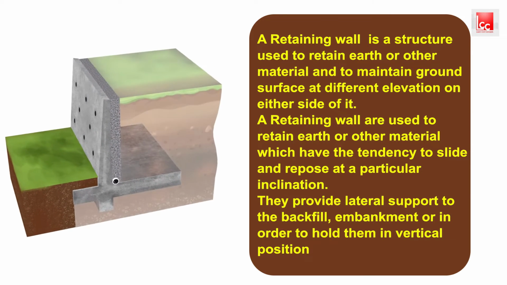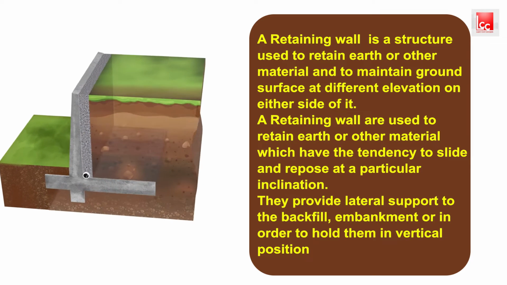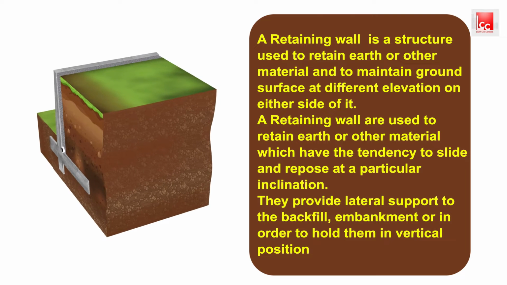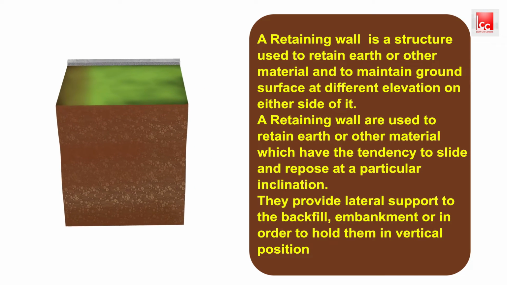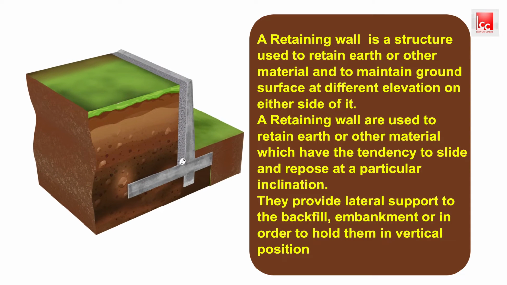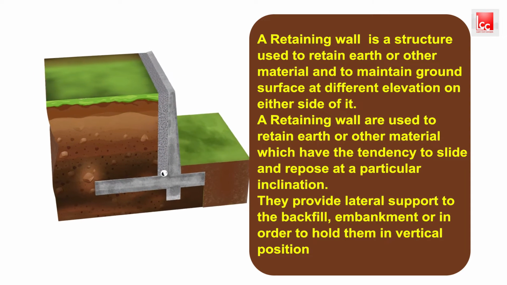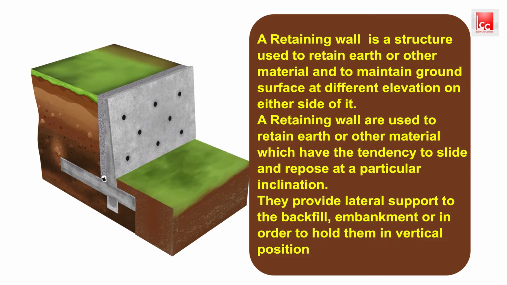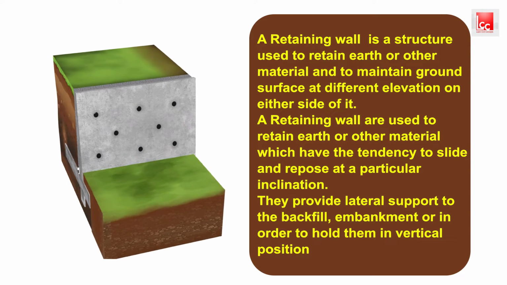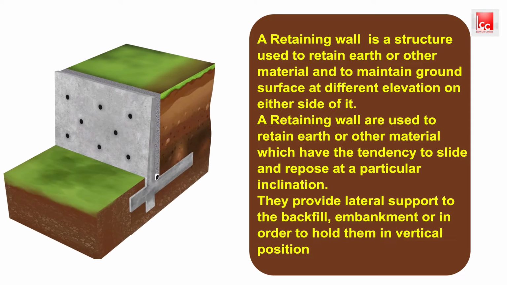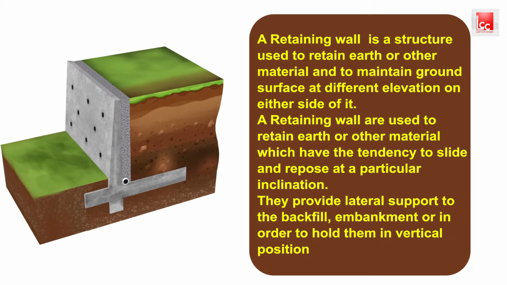As you can see in the model, we have two different ground levels and both the levels are usable. This is because of the retaining wall, as a retaining wall prevents soil from taking its natural position and makes the area above and below usable. A retaining wall always has two different levels on both the sides of it. The levels on both the sides of a retaining wall are always different.